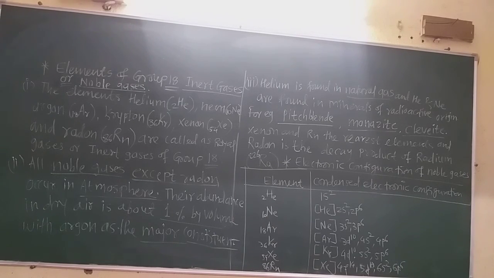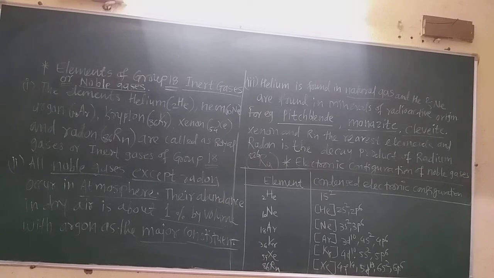This family of elements is also called the noble gases or inert gases. As the name suggests, they are very less reactive, that is, totally not reactive. They only form very rare compounds in very drastic conditions. Now these noble gases are also called the royal gases or inert gases, and these are helium having atomic number 2,